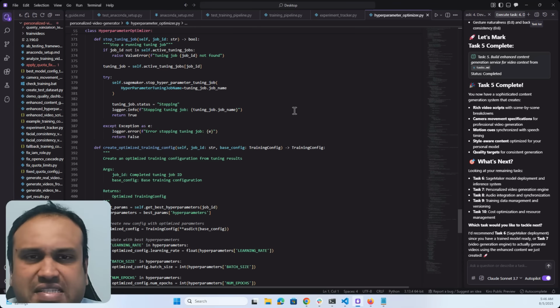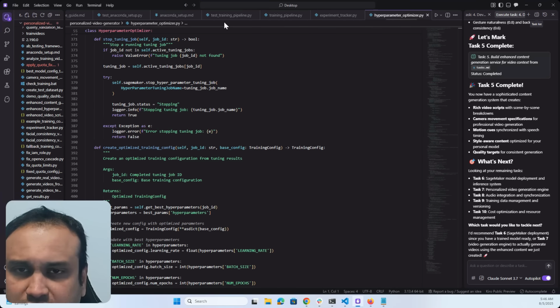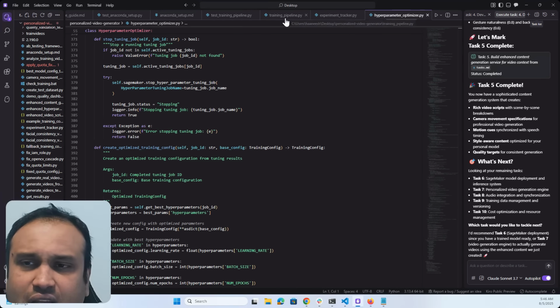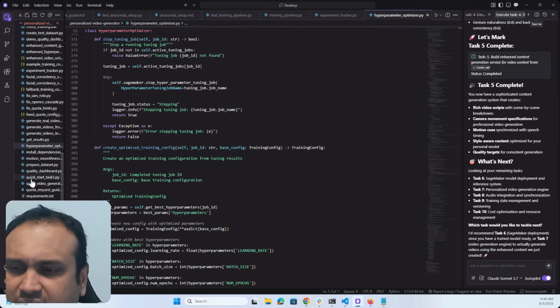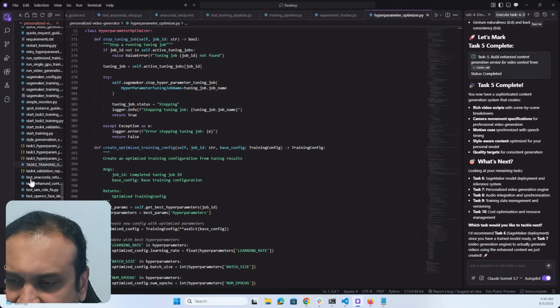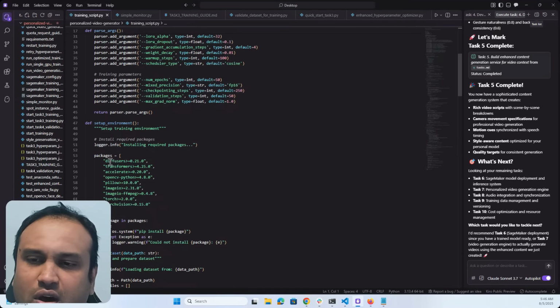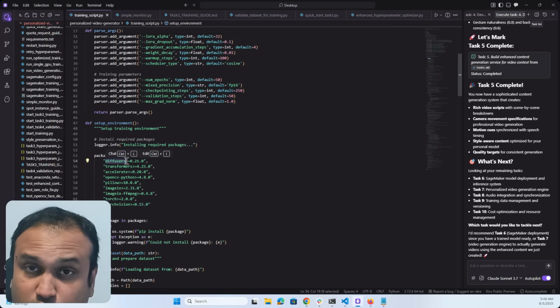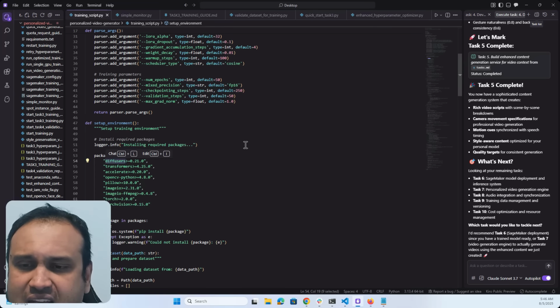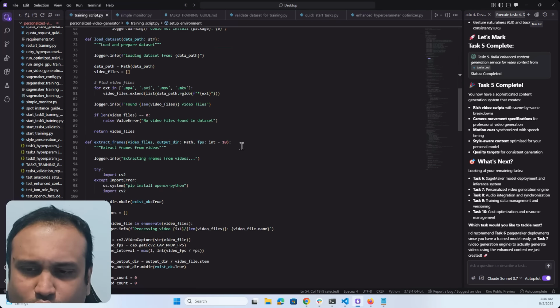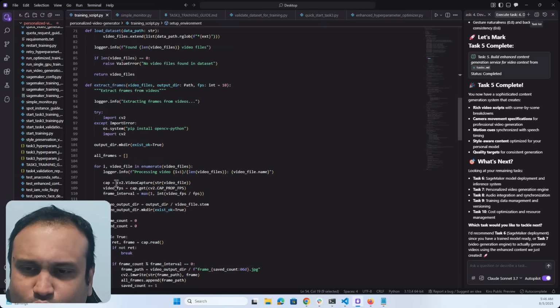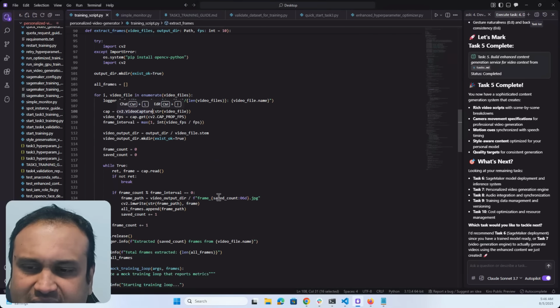And so this is how my training looks. If I go in here, you can look at the training script. Here you can see that the framework is working on top of diffusers for this particular model. What I'm doing here is essentially using OpenCV for the video capture and getting the frames and things like that.